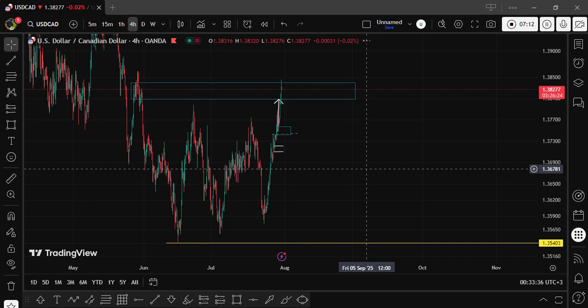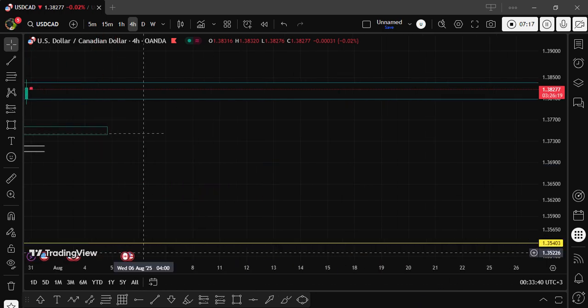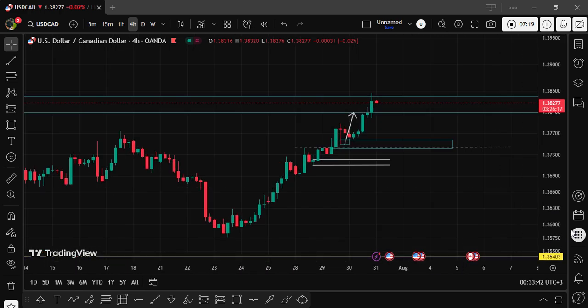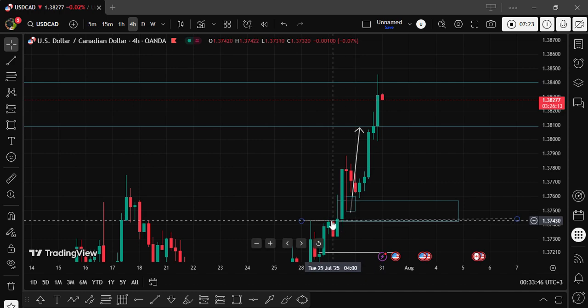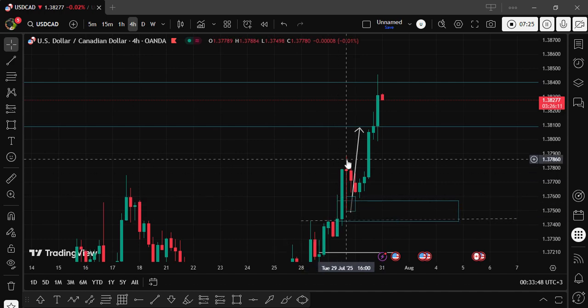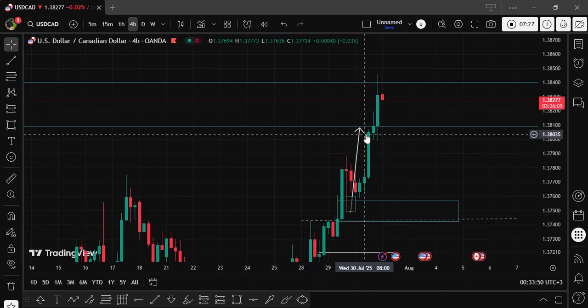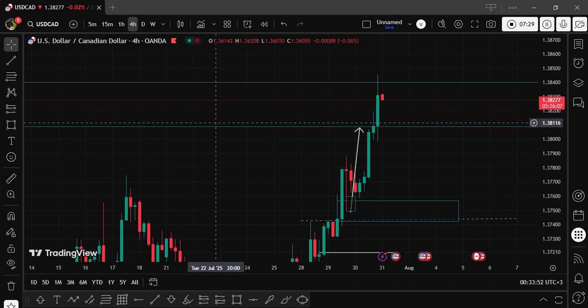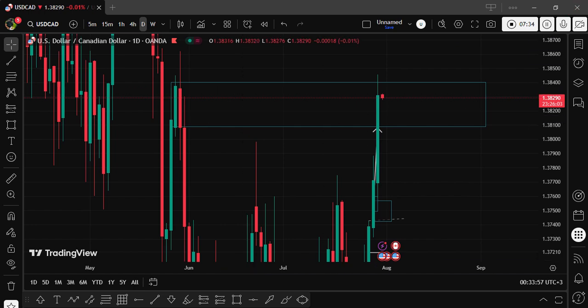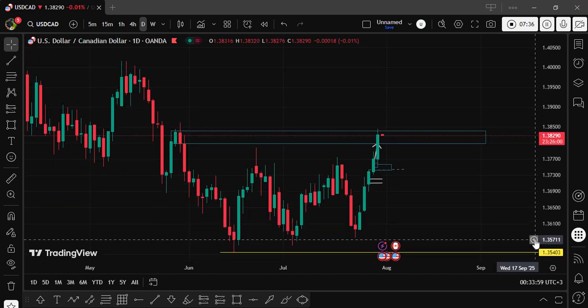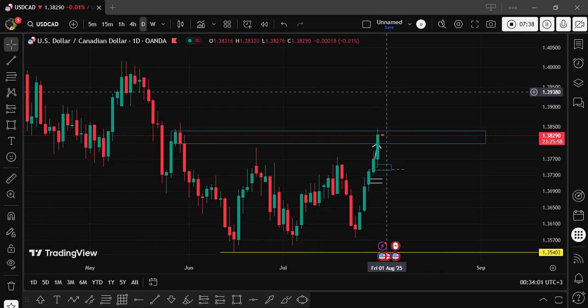Then another pair was USD CAD. If you remember the video I posted yesterday, if you watched it, then you can see that I was actually expecting market to come back up to this order. This is like a daily order block, if you can see,